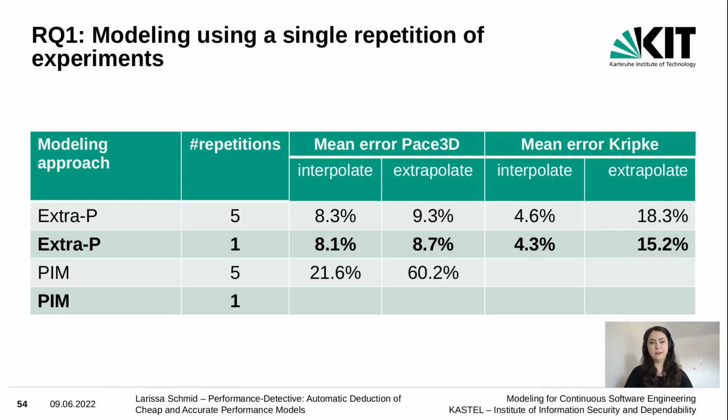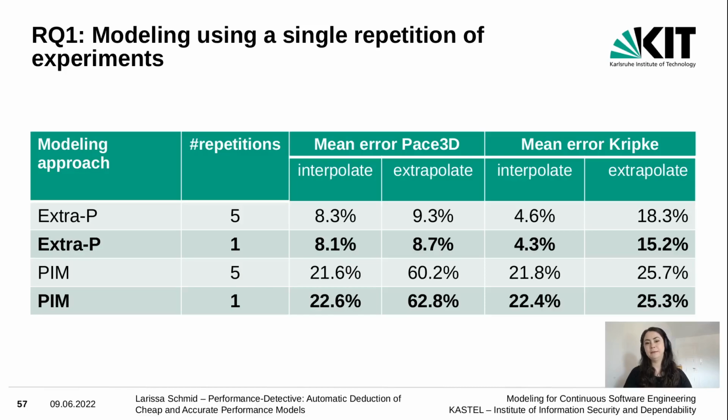For performance influence models, we have a generally higher error of 20% for the interpolated test set and 60% for the extrapolated test set. However, using only 1 repetition doesn't change much about this. And the same is true for the Kripke application, where we have around 21 and 25% errors, which again are around the same if we use only 1 repetition. So this step seems to work, and I will now continue with the models learned with only 1 repetition for the performance detective,